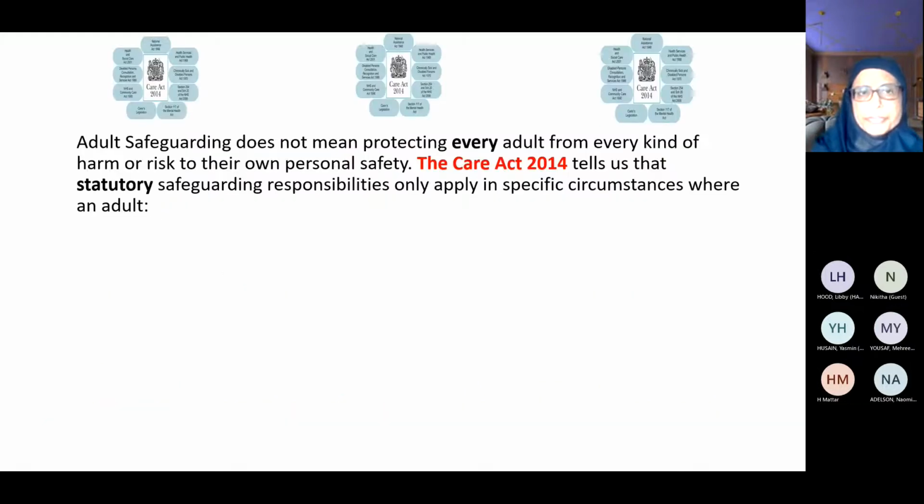So number 1, who do we refer? We follow in England and Wales the Care Act 2014, and that tells us that adult safeguarding does not mean protecting